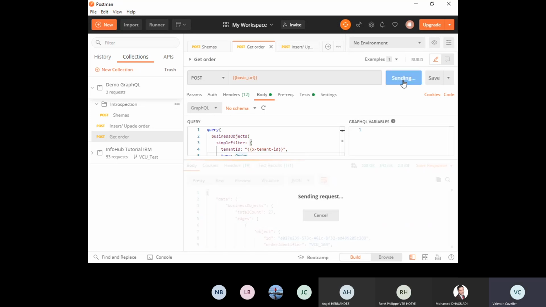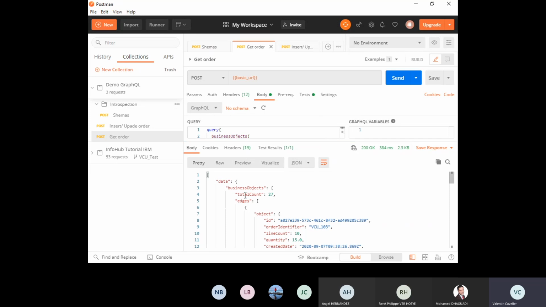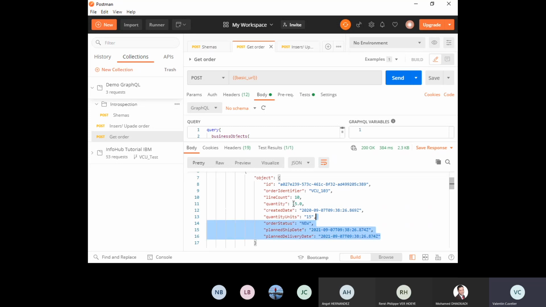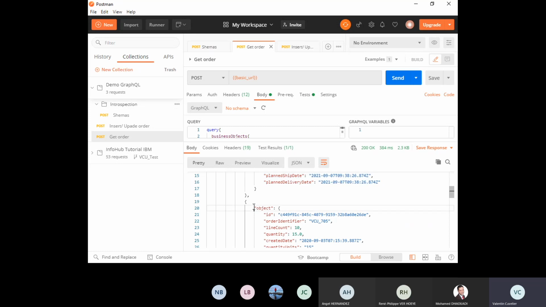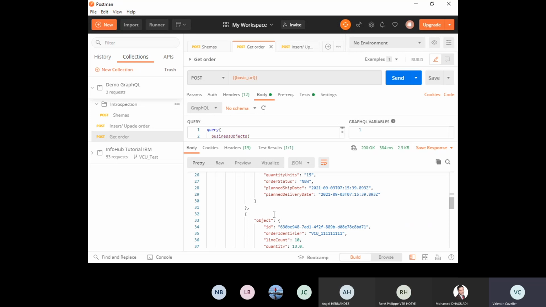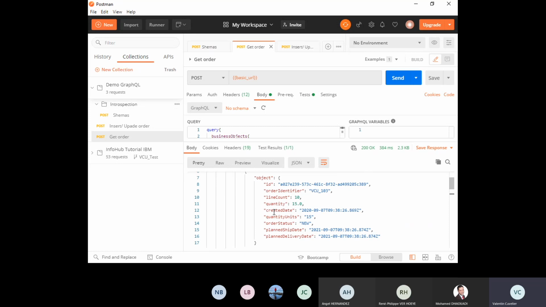If I send it, it tells me that there are 27 orders in the database, and we always see the last object created first. So the most recent insert in the database appears first, and the previous order after.